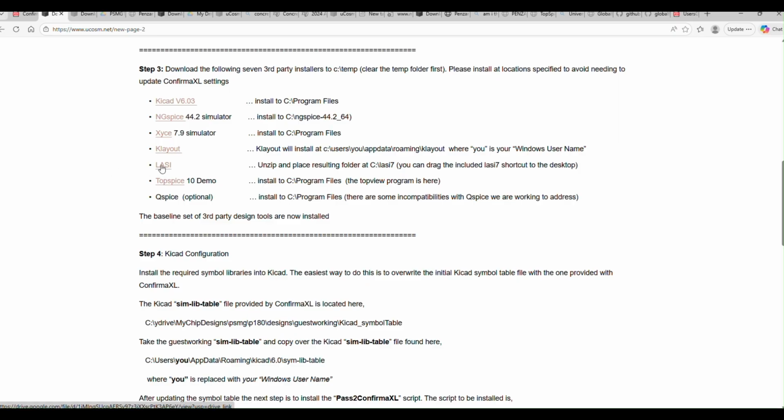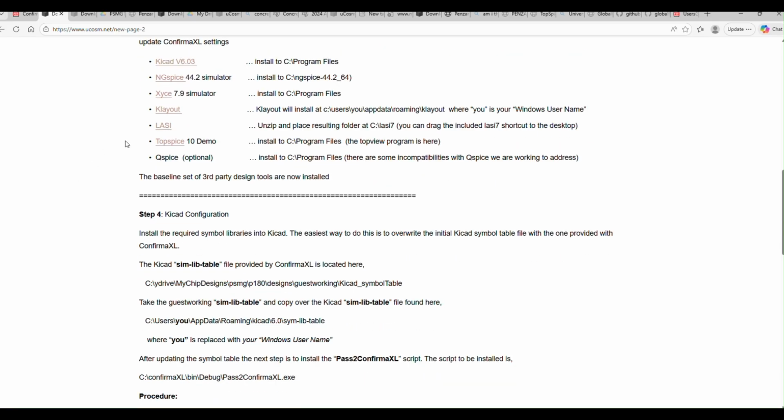It's not ready yet, but I fiddle with a lazy. It's old, but it works pretty good. Topspice, you definitely want that. So download the demo version. This is the installer for it, or you can go over to Penzer if you want and download it there. Get the version because the demo, not only do you get Topspice, but you get Topview, which is the